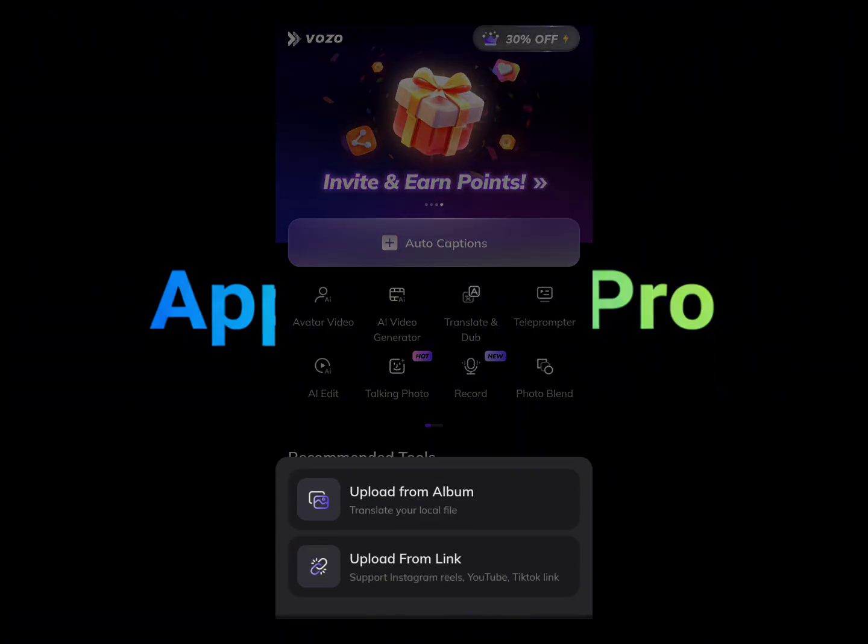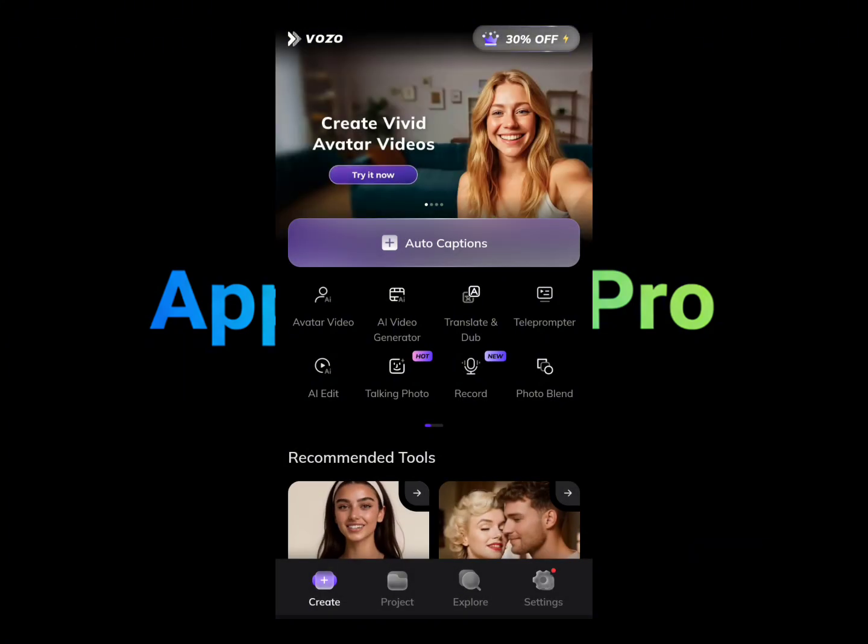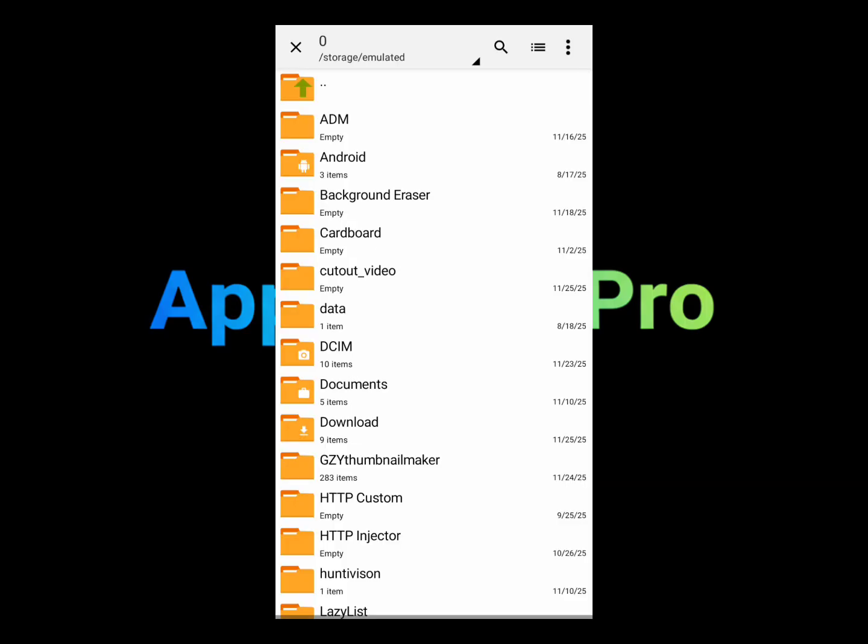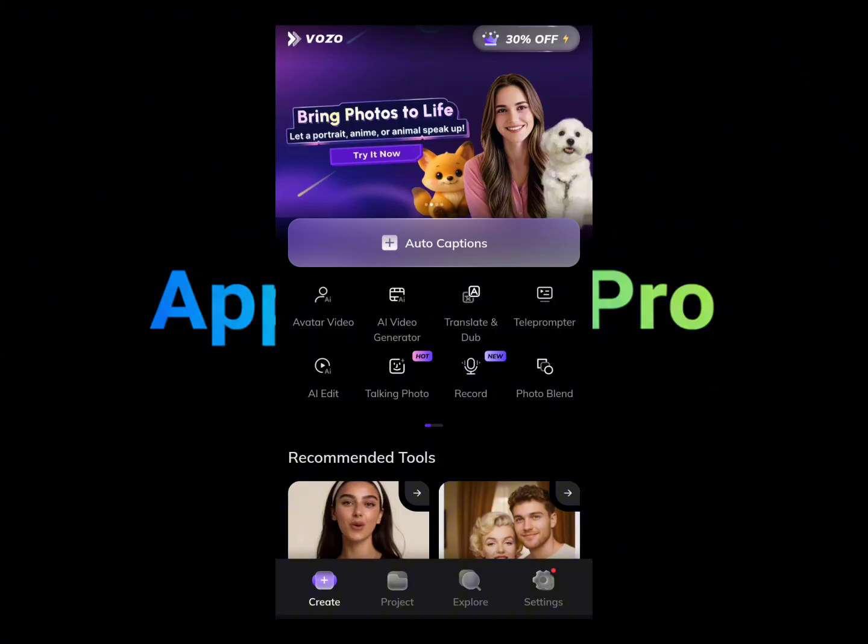Also here you have the translate or dub option. Here you can pretty much turn any video into English just by uploading it, or copy a link from YouTube, Instagram, or TikTok Reels. Anyone that you choose. You have teleprompter option there. You have the AI edit feature here. Nothing much for that. Just pretty much take the storage and you just select whichever video you